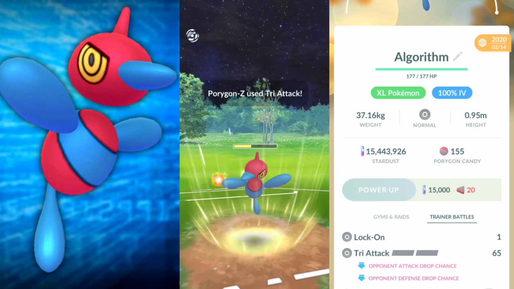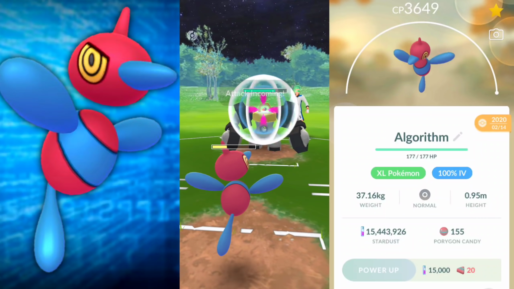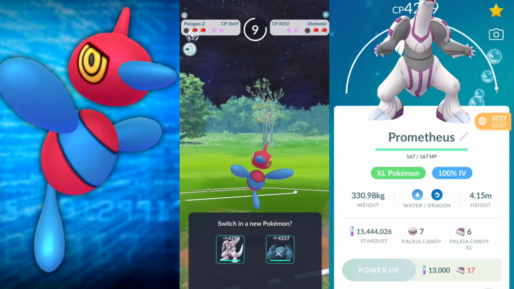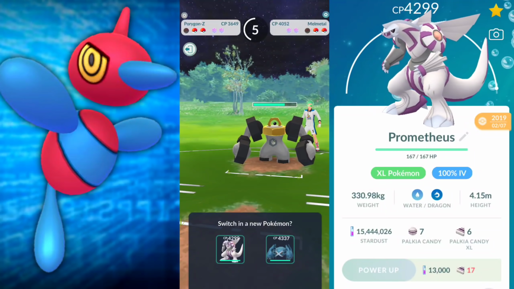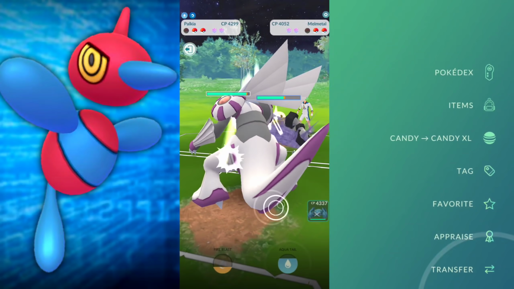So we did switch up this team a little bit. Before, we did use Dialga and Palkia alongside Porygon Z. This time we're going to be taking off Dialga and putting on Metagross just because, and then leading Palkia the entire time. So with that said, Porygon Z is a sleeper Pokemon right now,